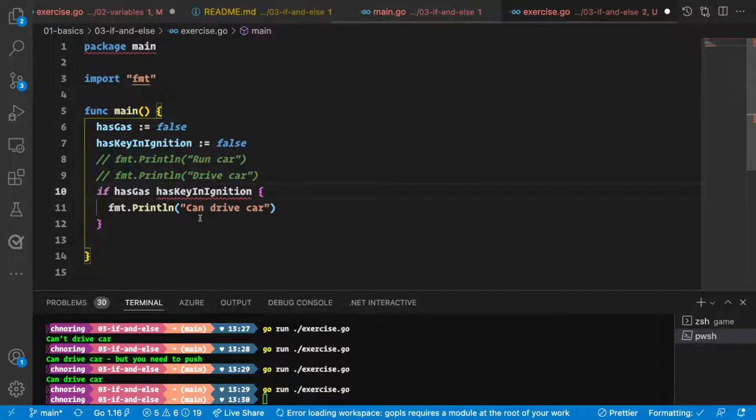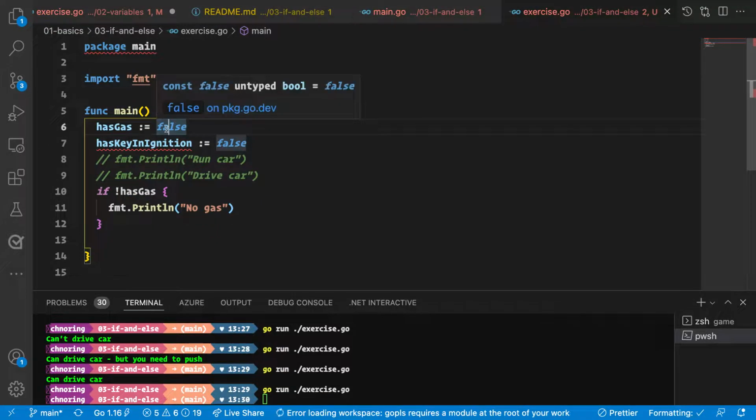There's one more operator I want to show you before the end of this video, and that is the NOT operator. By using the NOT operator, we are negating whatever this value was. If this is a false, then it becomes a true. If it was a true, then it becomes a false. Now you can see that we have no gas at this point, right? And if